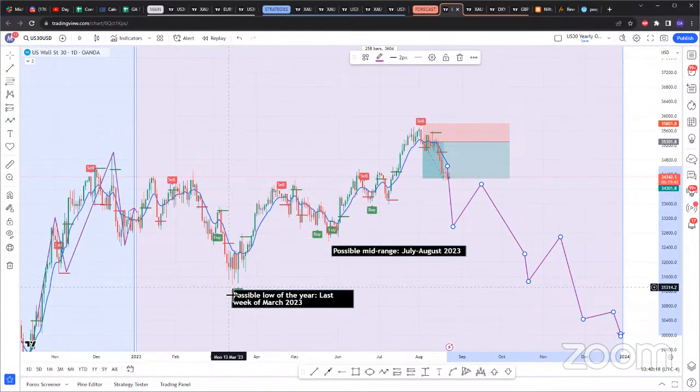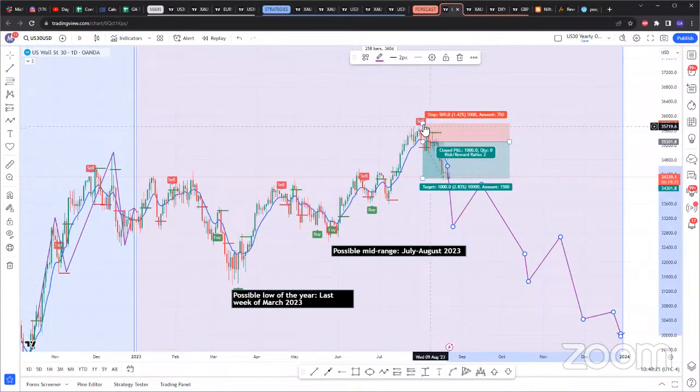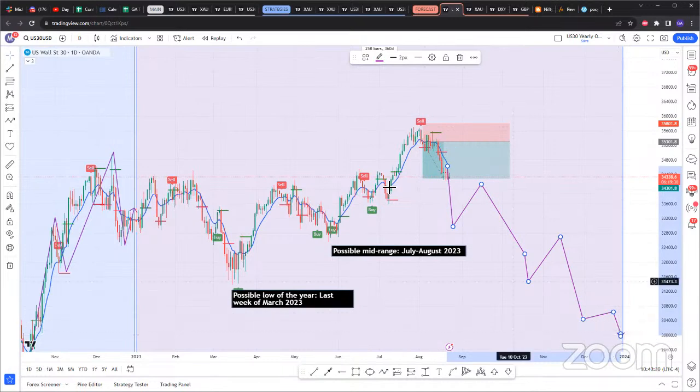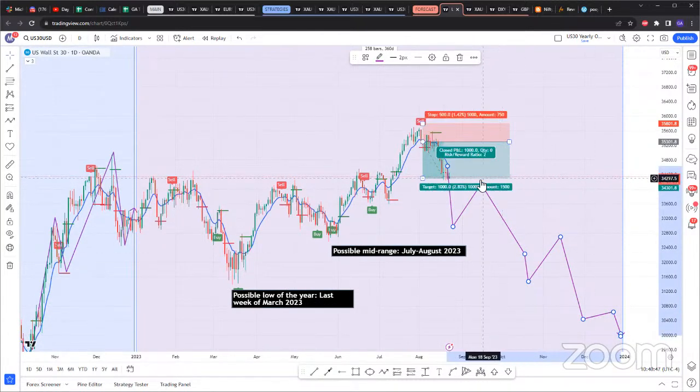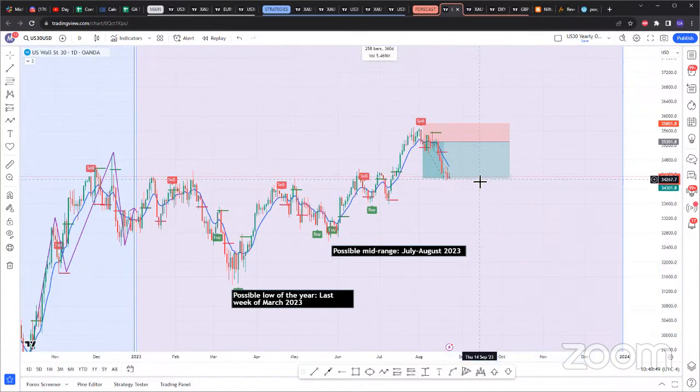So for me, I'm placing my bets that the month of March gave us the yearly low, and I'm hoping that doesn't get broken, because if it gets broken, then it would mean that this was actually the yearly high, and the yearly low would be ended. So if US 30 closes below the current yearly low, I will change my bias and assume that this is the yearly high of US 30. And then right here, I would continue selling US 30 to create the yearly low. So that's just the logic, if you want to get into my head about how I backtest.